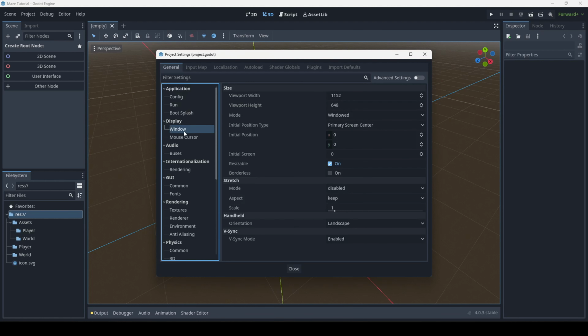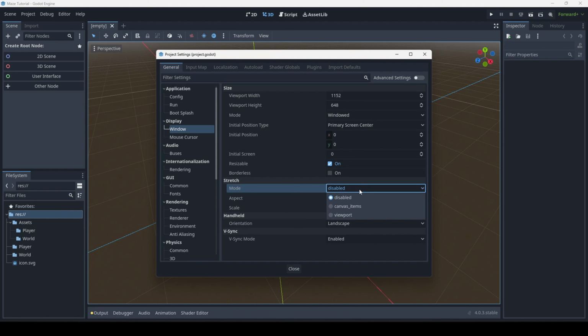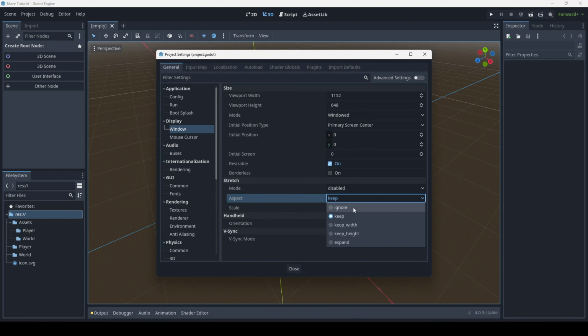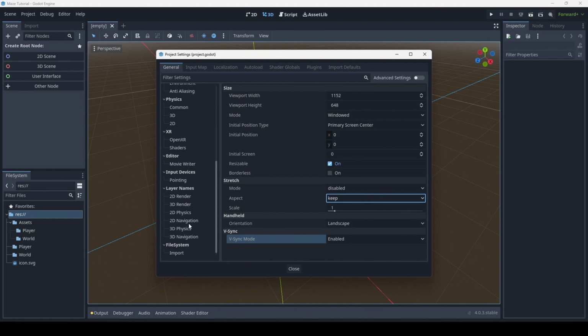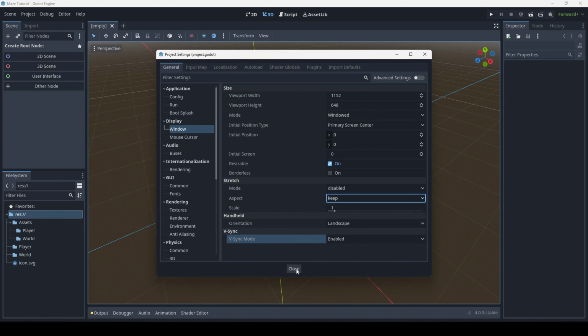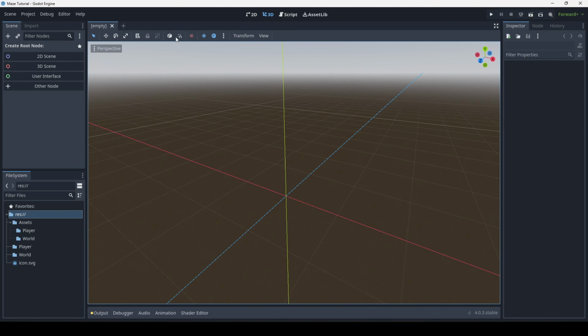So if you go to window, display window, you can change all these settings to what you'd like, but at the moment I'm not going to change anything except, actually never mind, everything should be good at the moment. We'll have to change some things later, but